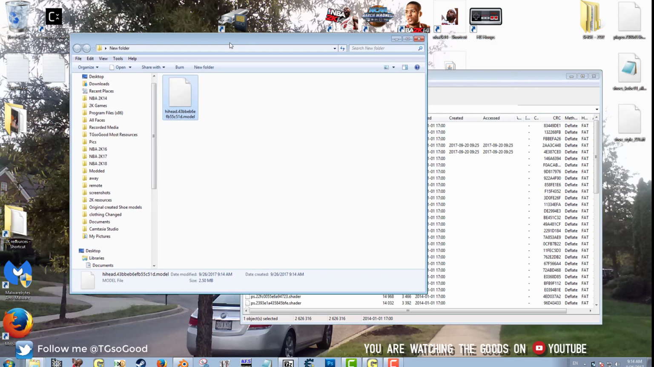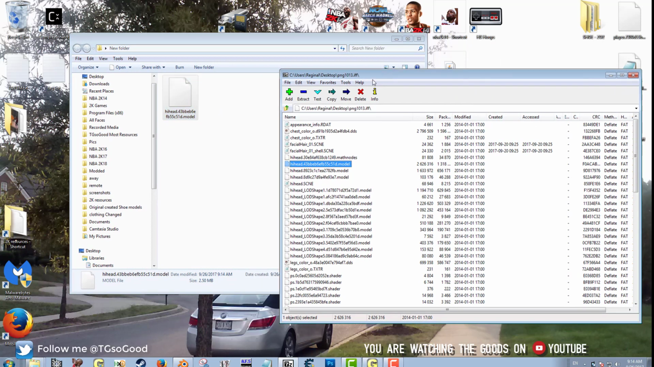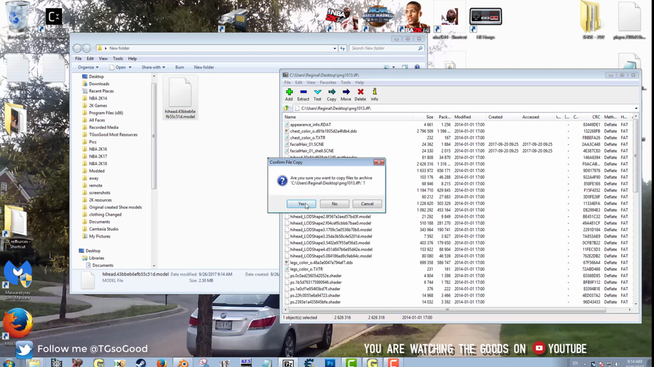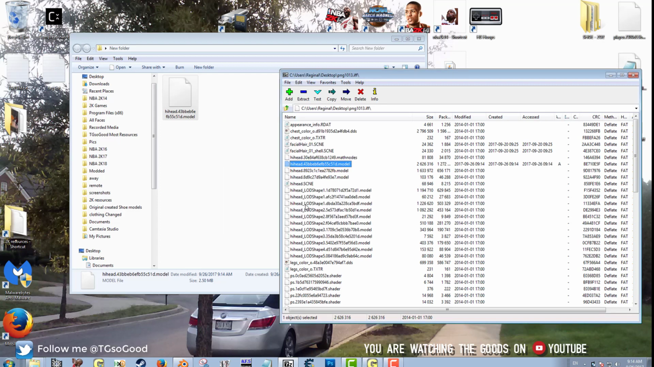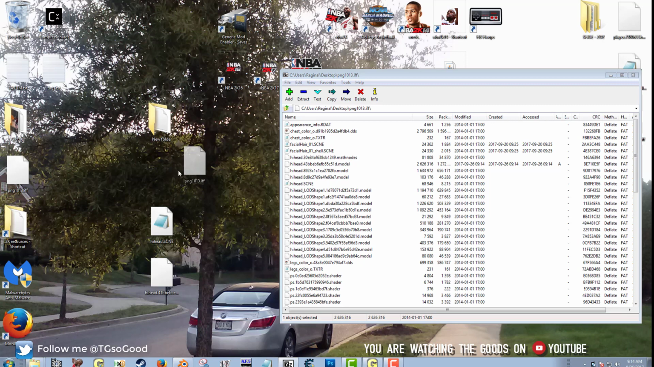All right, so we're going to drag this new model over to 7-Zip, the PNG 1013 file in 7-Zip. We dragged it inside of that, and it saved it. It automatically saved. As you can see, the file moved on my desktop, so I know it's saved. All right, so